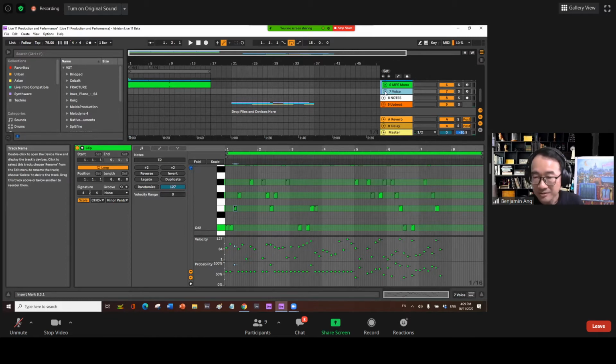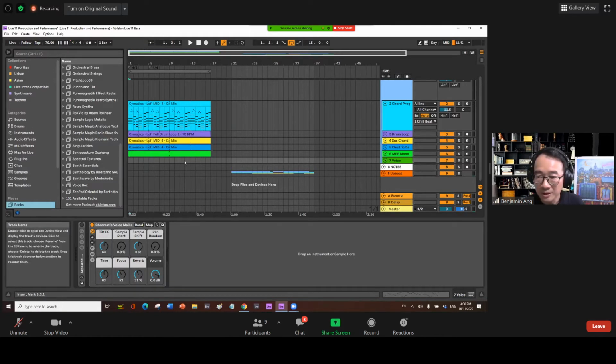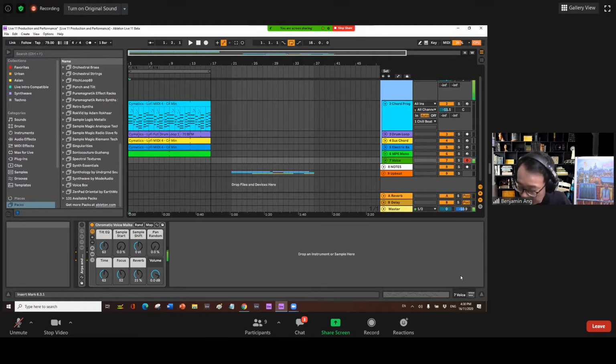And the last thing I want to put in is one of the new packs that comes with Live 11, which is the voice pack. It's right here, the Voice Box pack, and there are some pretty interesting instruments here. So I've got an instrument here called the voice. If I play it on the keyboard, so I thought, okay, I could play something on this, but oh, it's in C sharp minor. Again, not one of my favorite keys to play in,